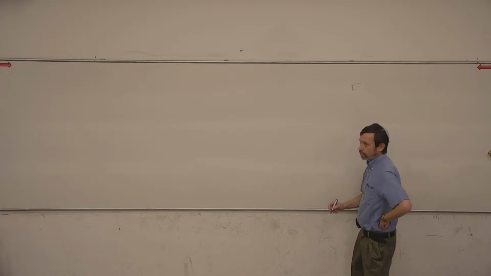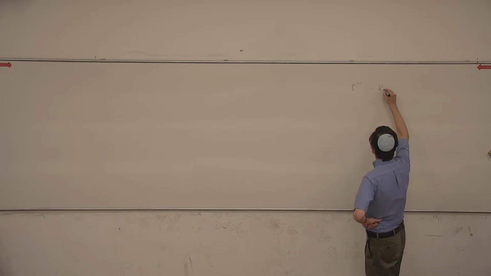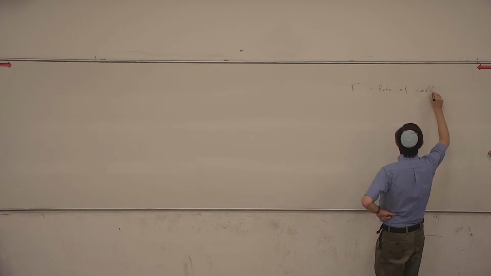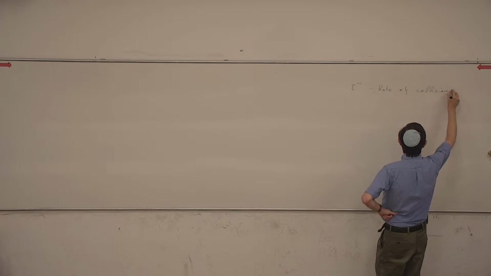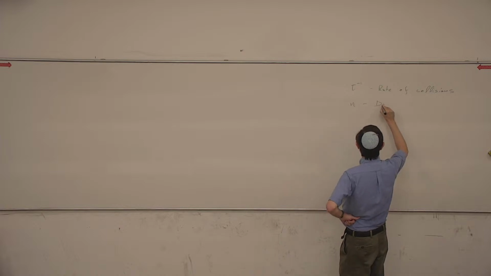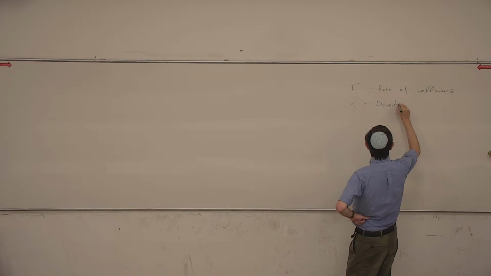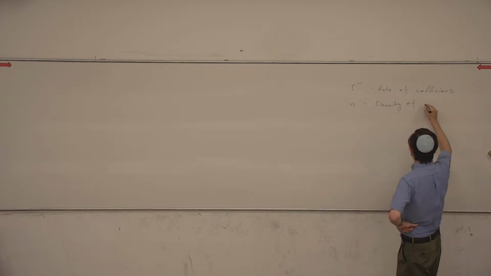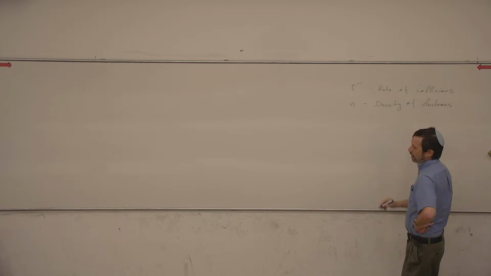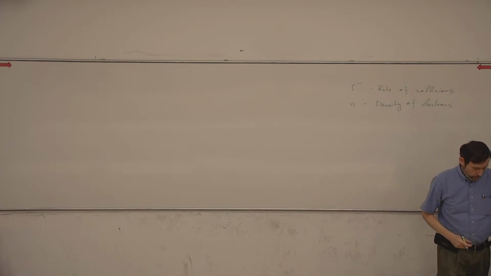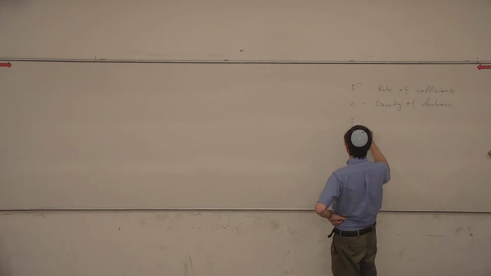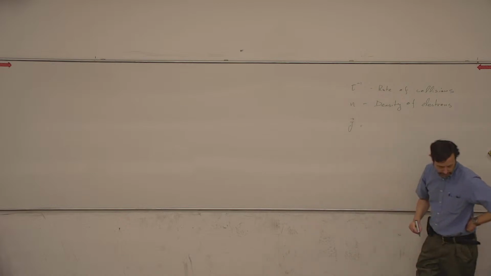tau to the -1, which is the rate of collisions, n is the density of electrons, and we ended up with an equation. J is the current density,